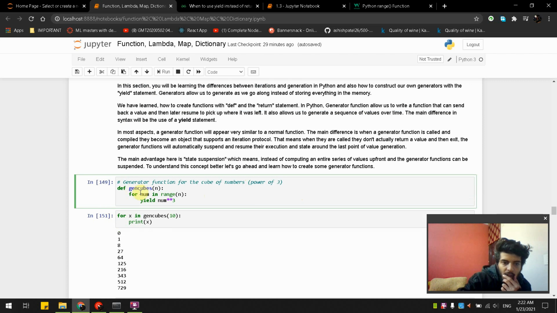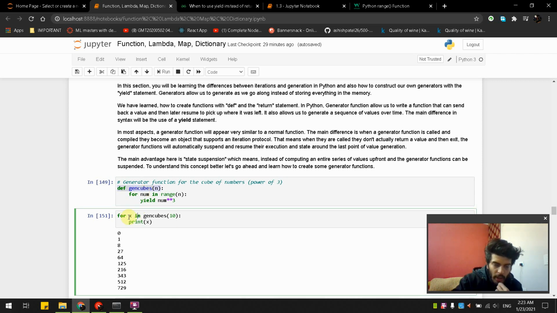So def, this is the normal syntax for a function, and then we are applying a loop over here, for number in range n, where n is our argument, like parameter. Then we are going to put it over here, for x in generation cube, which is our function name, and 10 is our limit, we need 10 values, so there are 10.